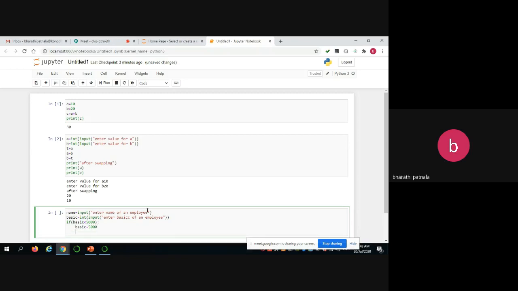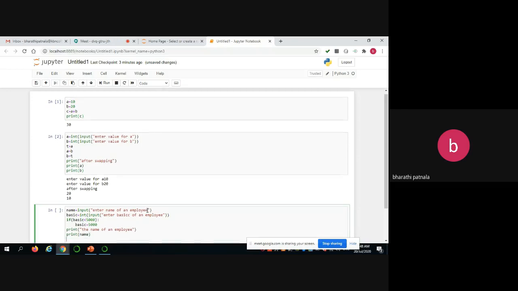After completion of that particular if statement, simply move back and print the name of an employee and the basic of an employee.